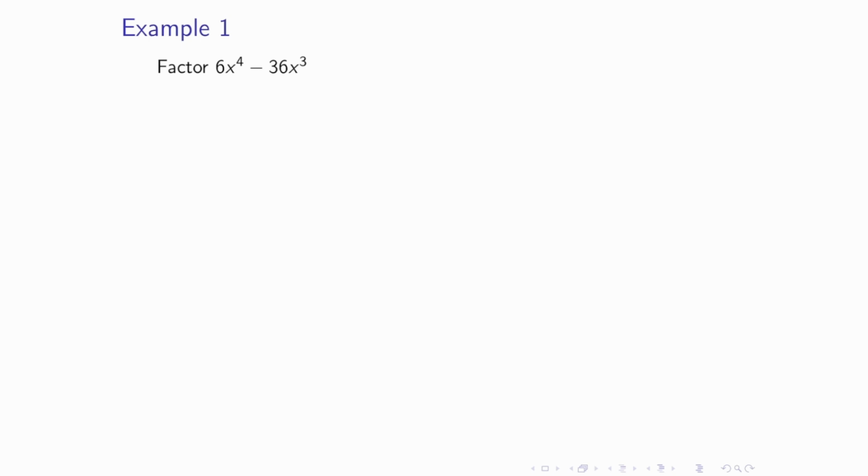So the first step, we have this polynomial. The first step is looking at each term, the things being added or subtracted. So this is a term, this is a term. We have two terms in the polynomial. We want to look and identify each type of factor in each term, the factors, the things being multiplied. So what are our types of factors in our terms?